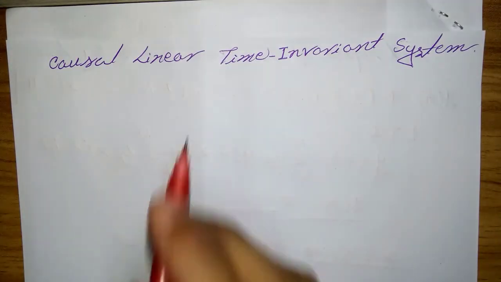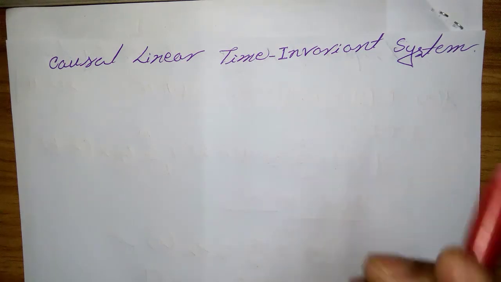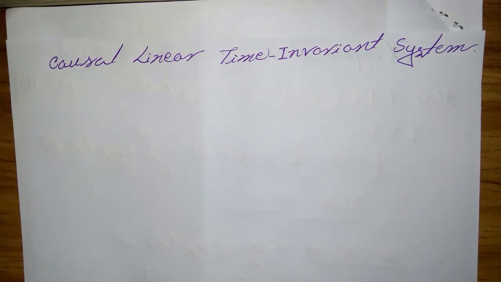Hello viewers, in this tutorial I discuss the causal linear time invariant system. In the case of a linear time invariant system, causality can be translated into a condition on the impulse response. To determine the relationship, let us consider a